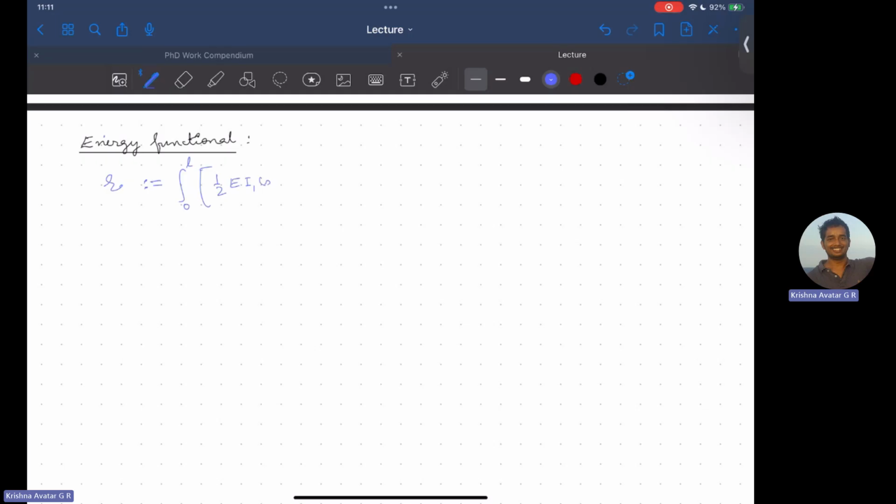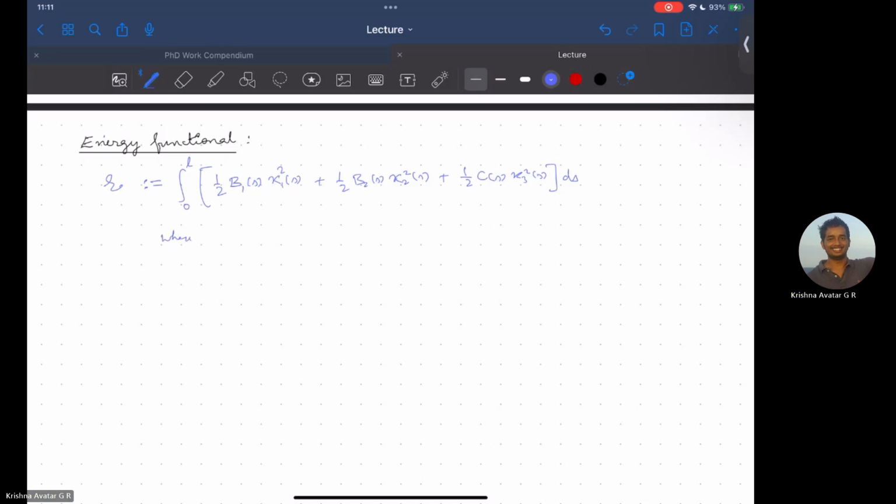So one way of writing is just calling them B1 of S, kappa 1 of S whole squared, plus half B2 of S, kappa 2 squared, plus half G, sometimes referred to as C of S, kappa 3 squared,